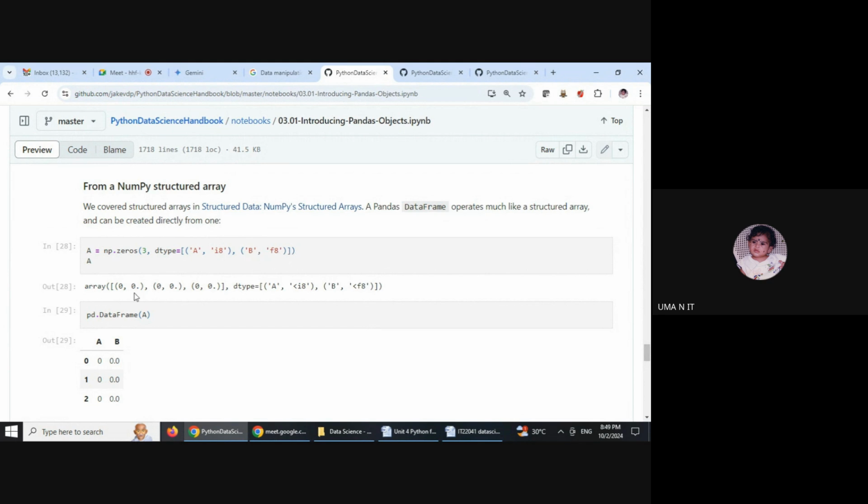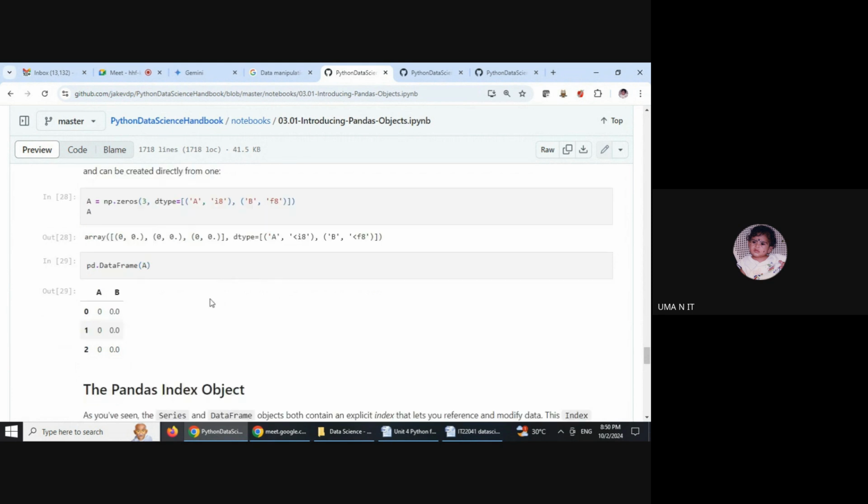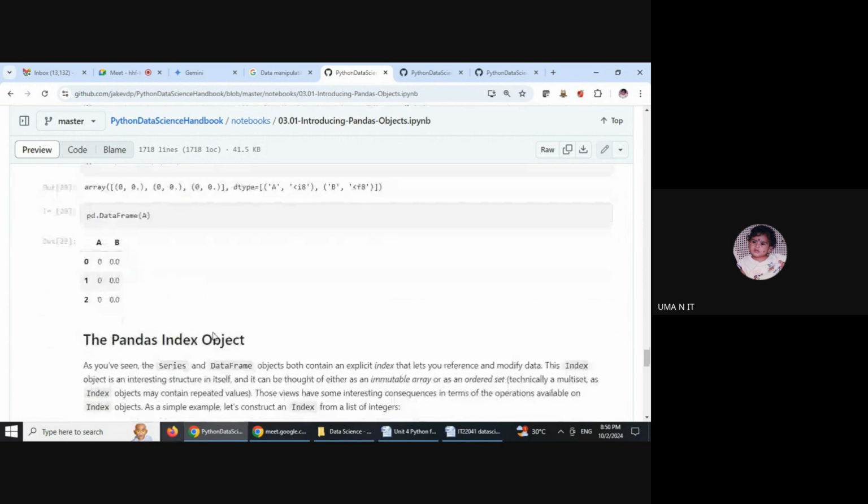That's what the array is generated with: 0, 0.0, 0, 0.0, a 3 by 2 array with the first column as integer and the second column as float. This is now only an array, and we are just going to convert this array into a data frame. So this is how your data frame looks like. pd.DataFrame of a will give a two-dimensional array structure.